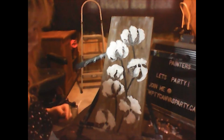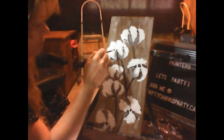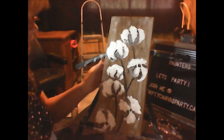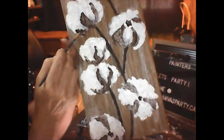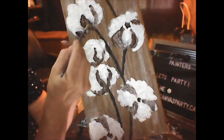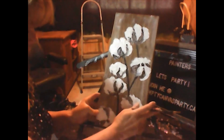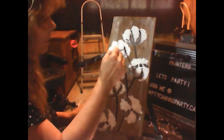So, I'm going to take my regular little round brush and I'm going to go with black on my little round brush, and I'm going to kind of go around the edges of the brown, just tapping. It's really subtle, but just tap around the outside edge, messy. It's just going to give it a little something. You'll see when you start doing it. It looks gorgeous. So if I go all the way around with it,